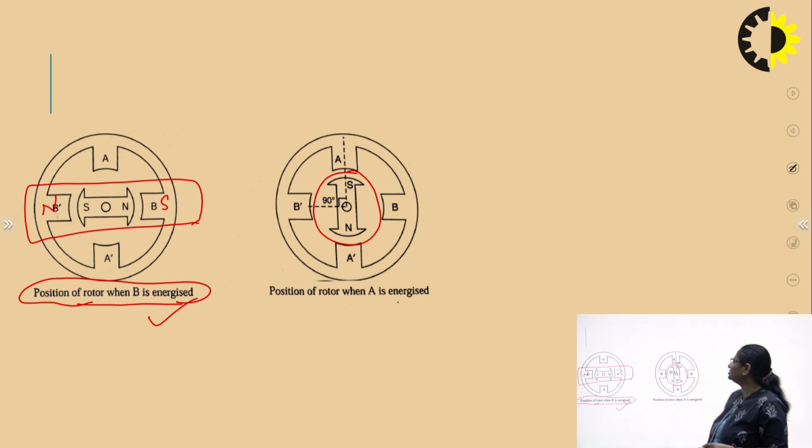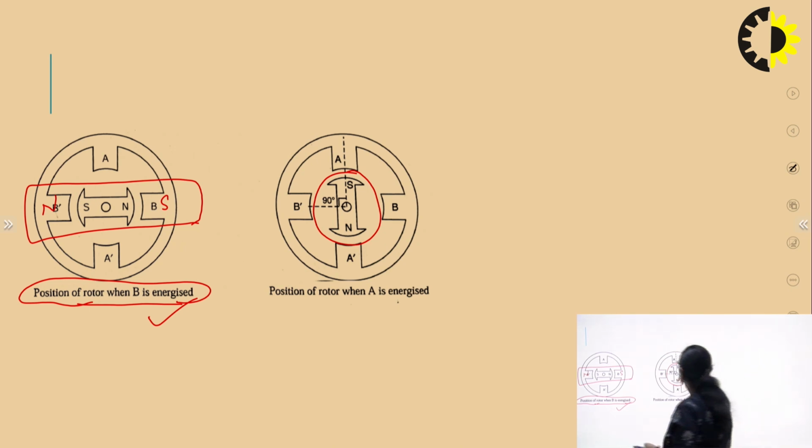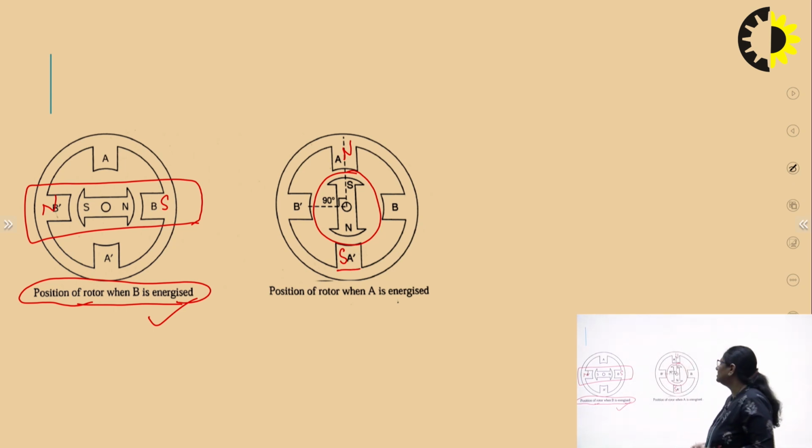Now what is the position of the rotor telling about the stator poles? Definitely this side N would have been created and S would have been created over here. So we have the pole formation N and S depending upon the excitation of phase A. Now as I told you, phase A can be excited with positive current or with negative current. Likewise, phase B can very well be excited with positive current or with negative current.